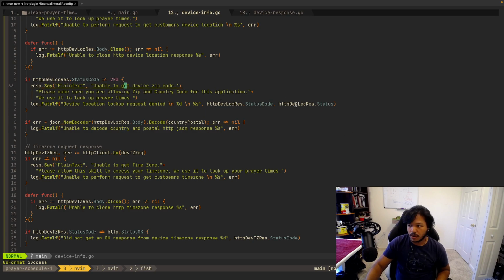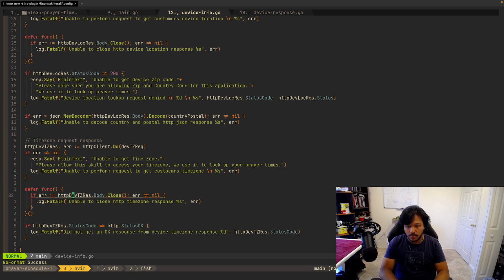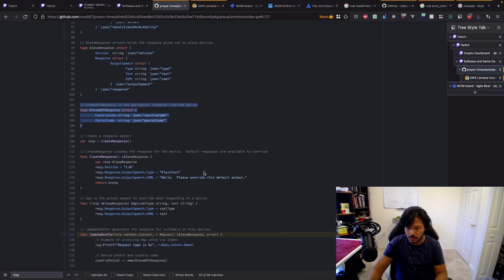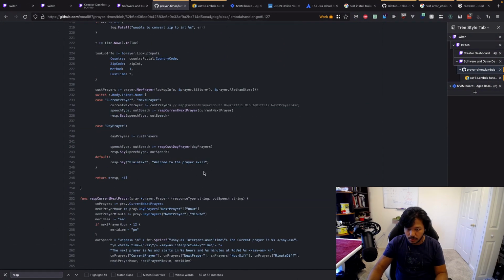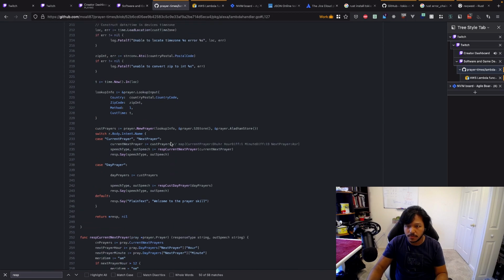So I could probably use this. Let's see, what type is this? It's an HTTP response. And this is also type HTTP response. Yes, this is also type HTTP response. This one has, where do I use the device? Where did I use these? Down here. So originally,